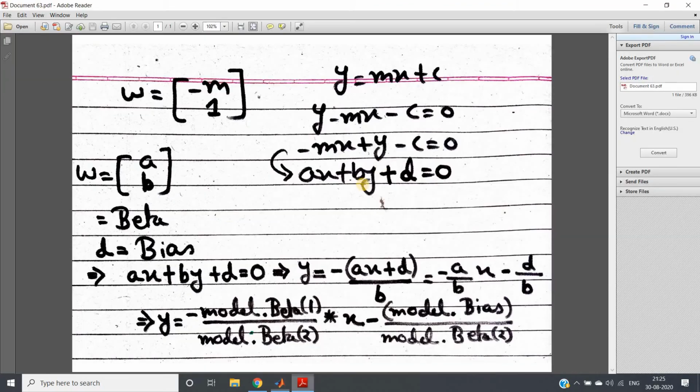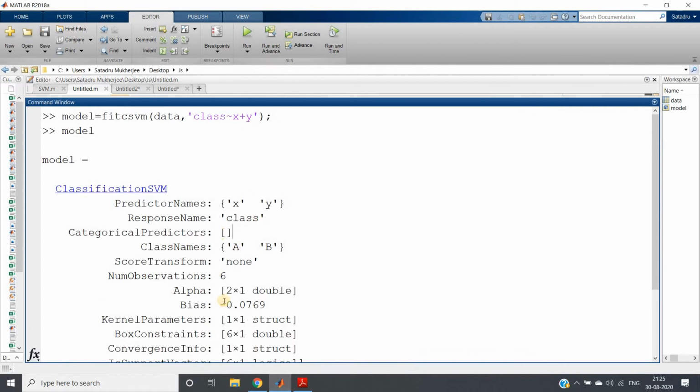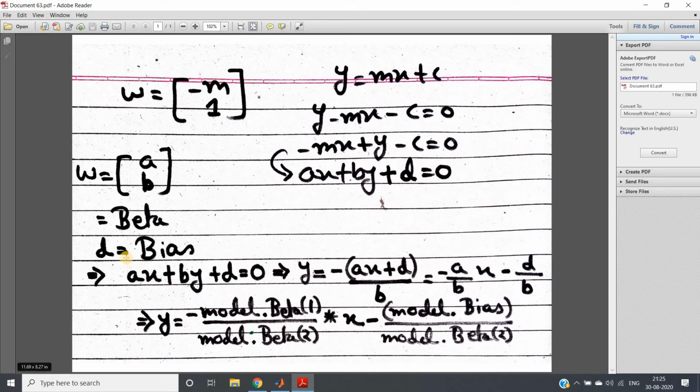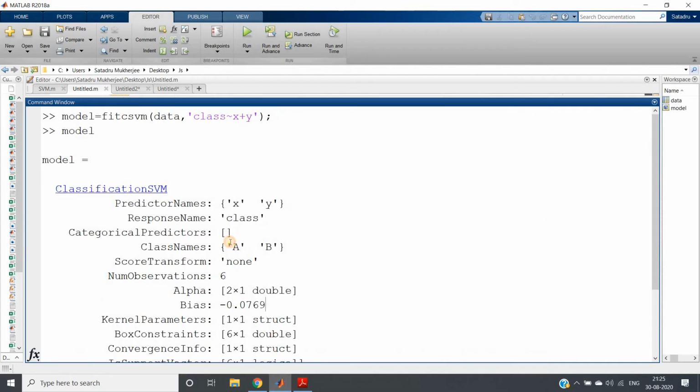You understand these parameters only when you know the algorithm, and then you can correlate them. Lots of parameters are present, like the bias parameter, the d value, which we are directly getting here, but where is the beta part?